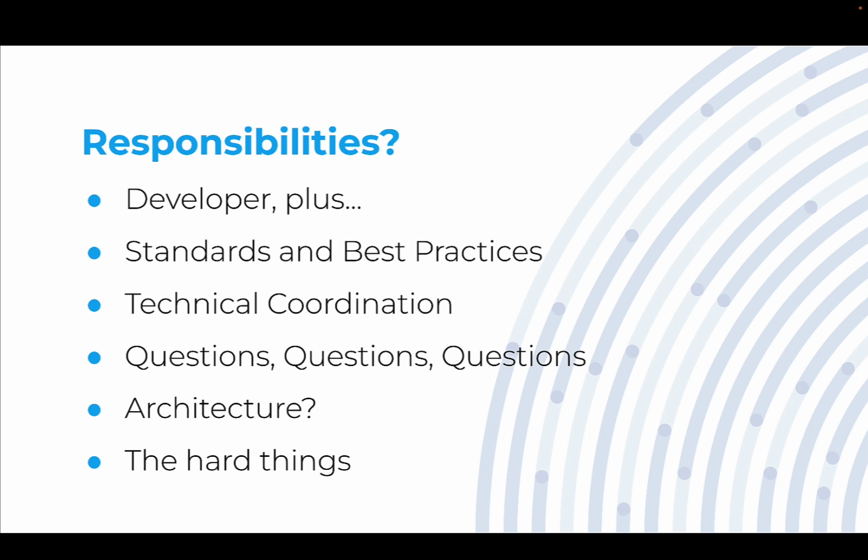Another responsibility, which is sometimes questionable, is when the lead finds themselves doing things relating to architecture, meaning things outside of the context of an individual application or involving multiple applications. This is going to depend more on organizational structure and whether or not someone actually is on the project with an architecture title. But a lead, being the person that's going to be closest to the ground level, is going to have a lot of architectural insight, and the result is they're going to end up with architectural responsibility. And finally, as the most senior developer, when there are things that other people can't handle, it's the lead's job to handle those, the hard things.